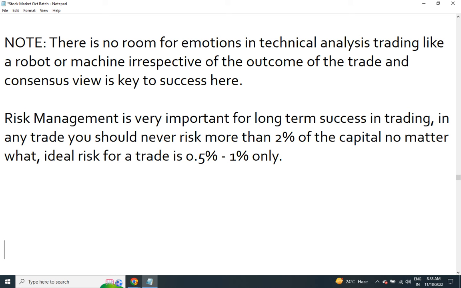Clear? Whether it is intraday, whether it is hedging, whatsoever, the rules are common. I repeat: any asset class you are trading, American markets, Forex, Indian markets, the rules are the same for technical analysts. In fact, believe it or not, any technical analyst will never ask you which company this is. He just wants to see chart, chart and chart. So for technical analysis, the chart pattern is everything. Whether it is Reliance, Nifty, the American market, the dollar, or real estate, it doesn't matter to him. He only wants lines, that's all.